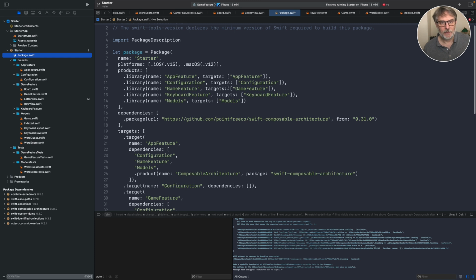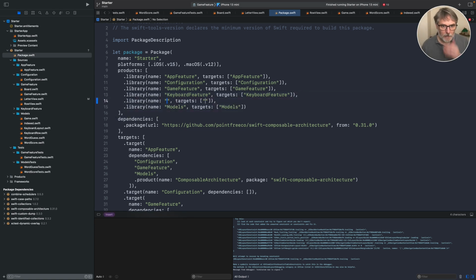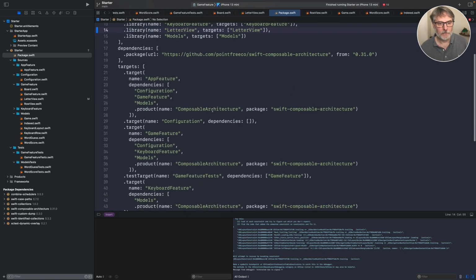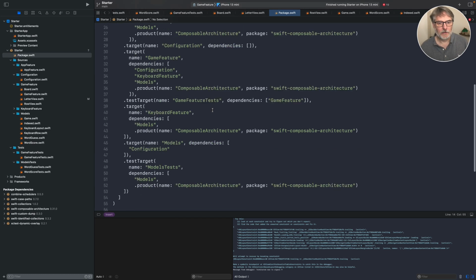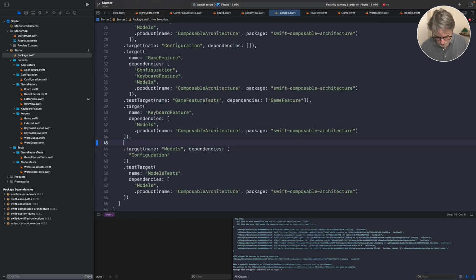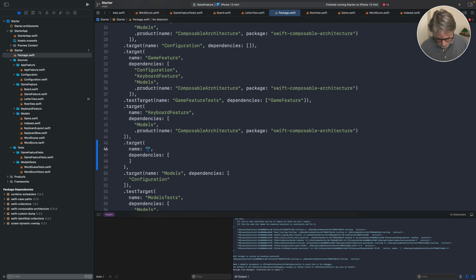So we've got game feature, so we can just add a new module for the letter view like this. Like that, and then that's a target, so we need to add a target. Try and keep it in alphabetical order. The target is letter view